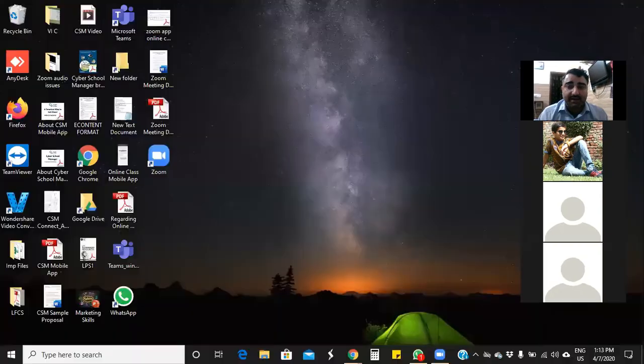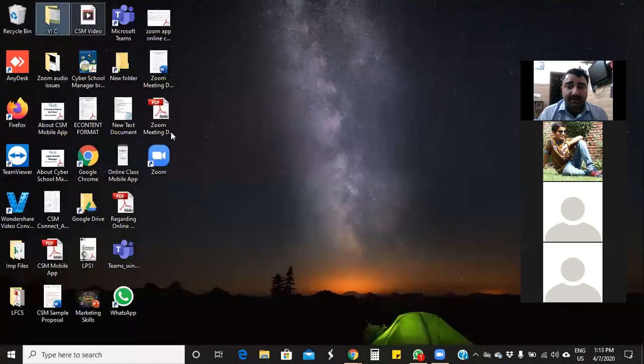Here, when you click on your screen, you will get the option of share screen. When you click there, you can share your screen. But as a host, I have permission to allow who can share. Right now, I am going to share only my screen, so the rest of you cannot share. When I click on share screen, I will get many other options, and from there I need to select the screen. Now all of you can see my desktop, the screen of my PC.